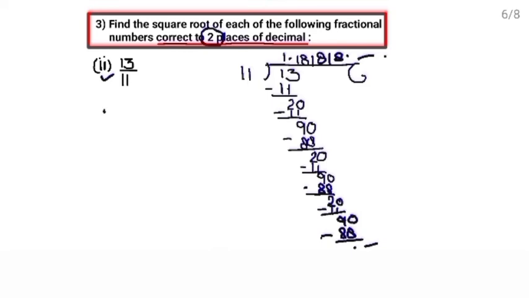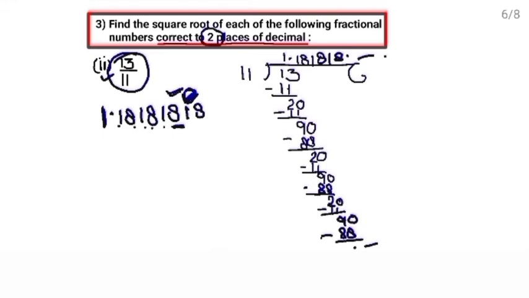So what you are getting after dividing this number is 1.181818 and so on. You will further get 18. We just need 6 places after the decimal. 1 2 3 4 5 6. So we will round off at this place. To the right of this place there is 1 which is smaller than 5. So it will be replaced by 0 and this number will remain the same, 8. So it will be equal to 1.181818, and in a decimal number if you have zeros at the end you can remove them.